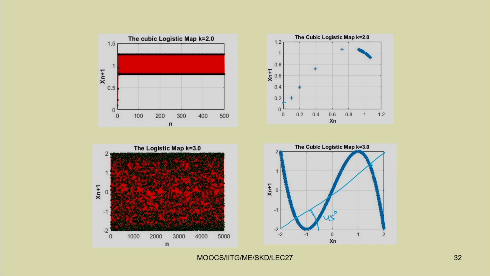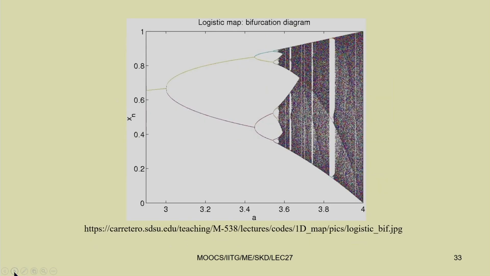If you draw a 45 degree line, you can see you have only a single periodic response. So one periodic, and now you have seen this chaotic response. In the previous case you saw the period doubling route to chaos. This way you can plot the curves.